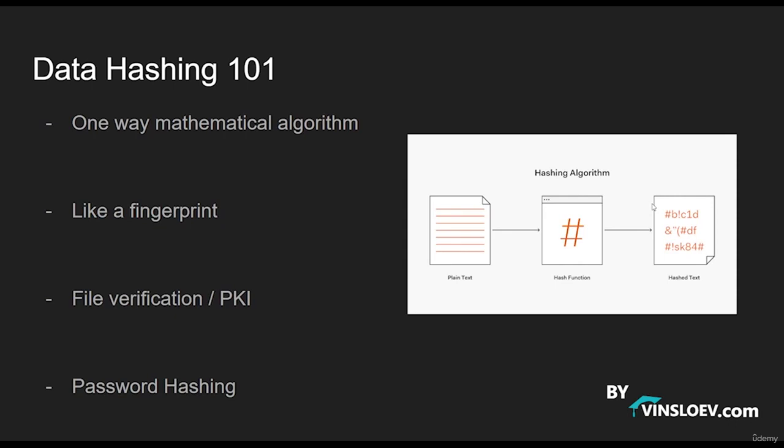So for example, when you download a file from a website, you sometimes will see that it has an MD5 hash underneath or somewhere in the browser, and that is because after you have downloaded the file onto your machine, you can run it through an MD5 algorithm as well. And if you get the same hash value, you know that no one has tampered with this file on the way, meaning that the file has come completely from the server that has this website to your computer, and there is not a man in the middle who has switched the file around so that you get some malicious